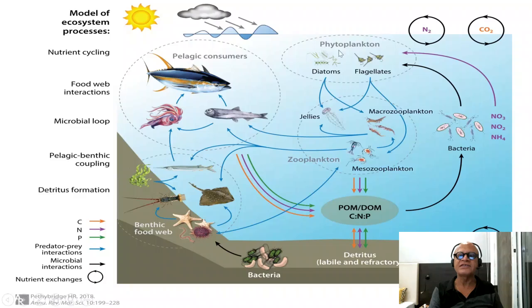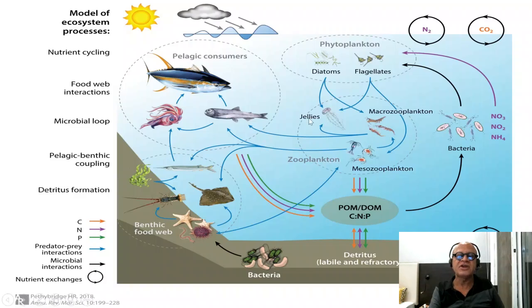And you cascade that marine primary production into lower level consumers like macrozooplankton, jellies which are filter feeders, and then you have mesozooplankton. Then you have export as detritus, which is labile, which means it's reactive, or refractory, which is not so reactive. So ocean carries boxes like particulate organic matter, dissolved organic matter, particulate organic carbon, dissolved organic carbon, and dissolved inorganic carbon. So just CO2 and bicarbonates and carbonates and so on.